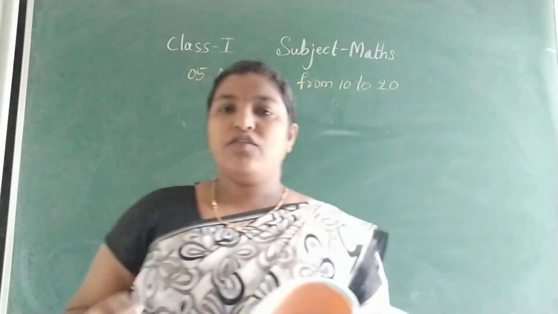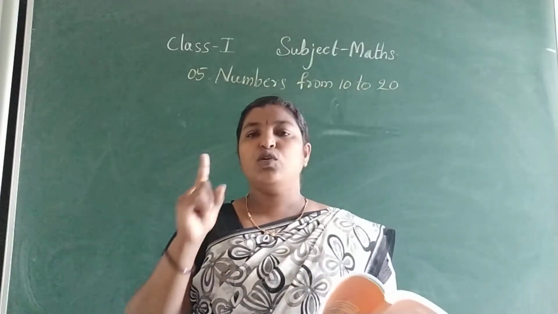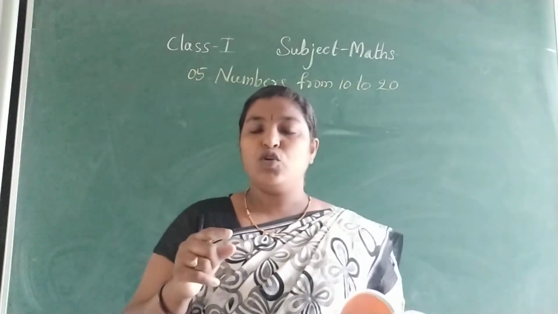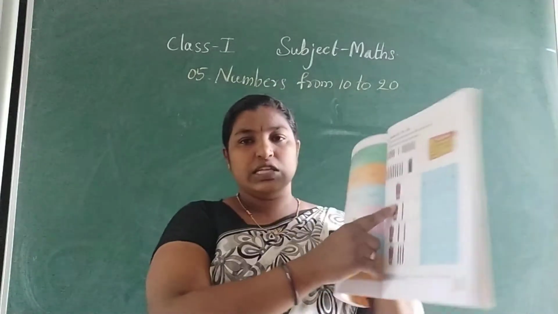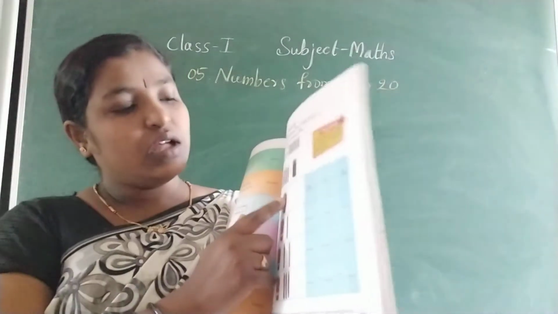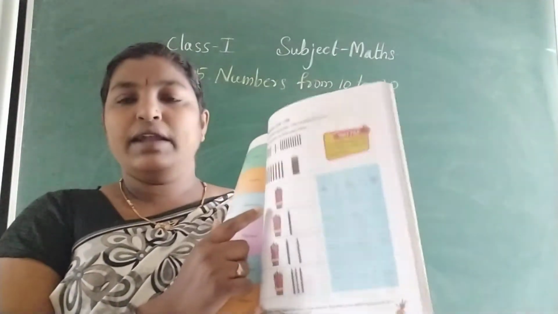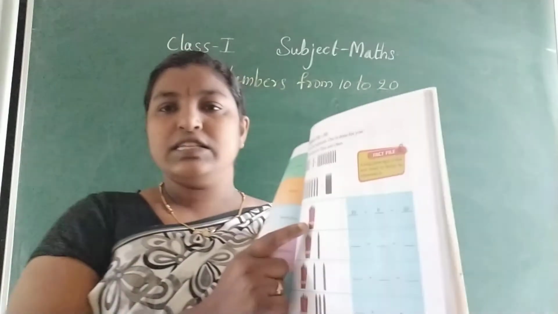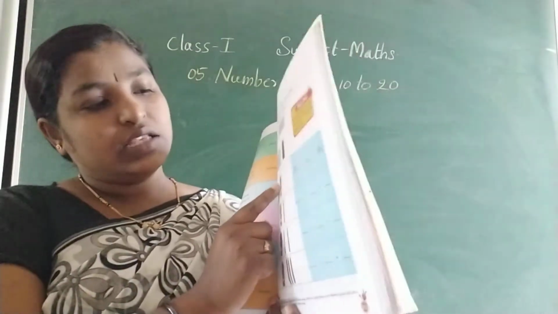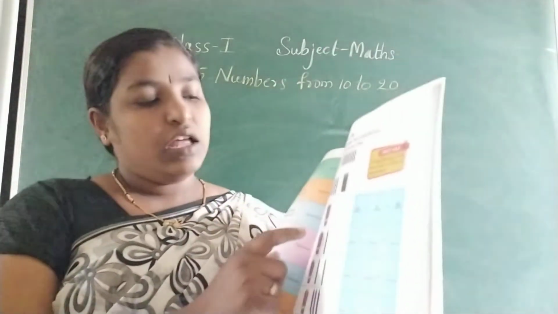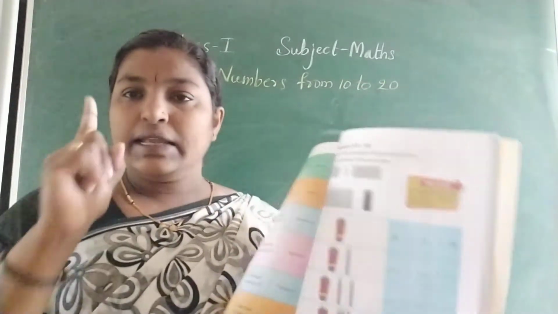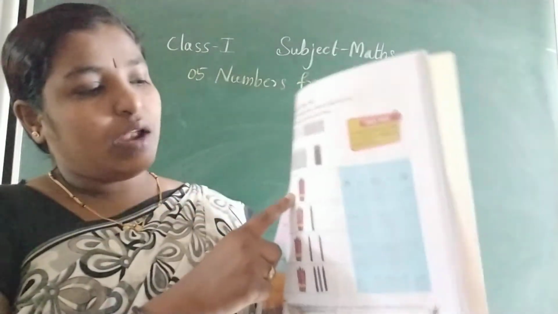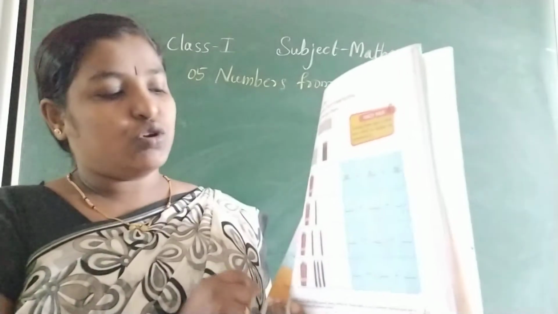So a group of 10 pencils is equal to 1 group. That is one group, that is nothing but 1 ten. So just see this picture. This is one bundle of 10 pencils. That is nothing but 1 ten. See, 10 plus 0, 10. Here only one bundle. So one bundle is considered as 10. Got it? So one bundle is equal to 10. So one bundle, 10 plus 0 is equal to 10.